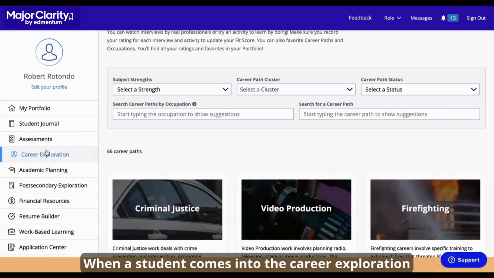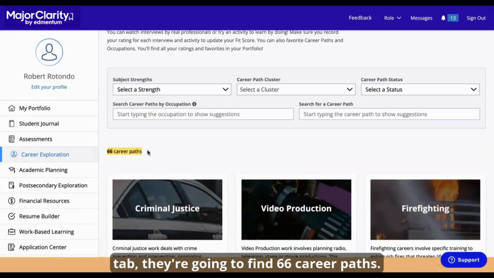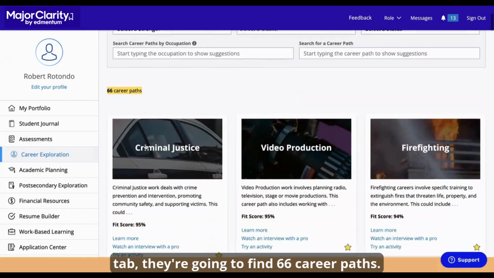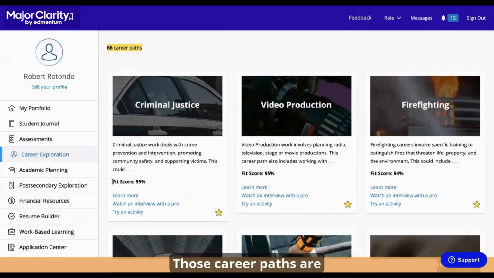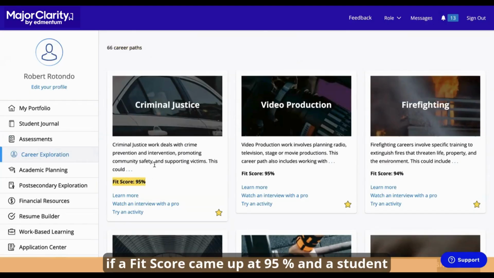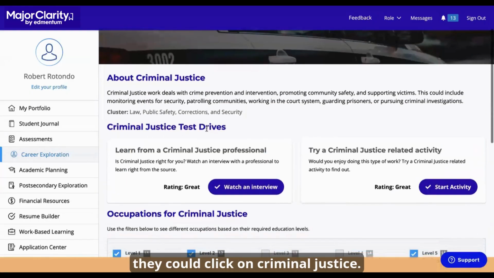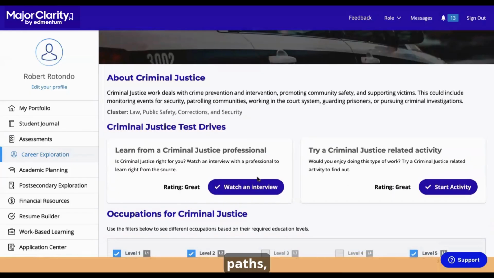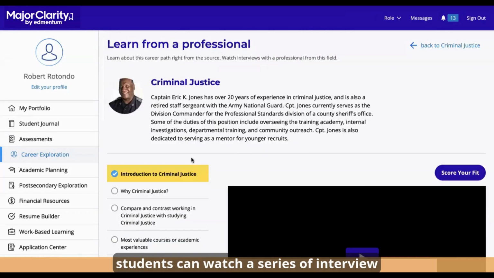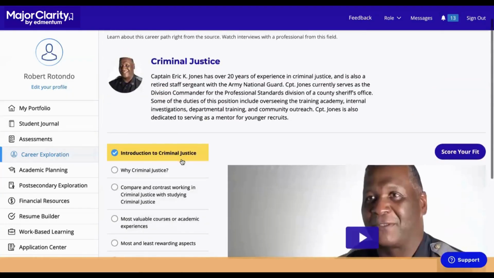When a student comes into the career exploration tab, they're going to find 66 career paths. Those career paths are categorized by fit score. In this case, if a fit score came up at 95% and a student wanted to learn more about criminal justice, they could click on criminal justice. Within each of the 66 career paths, students can watch a series of interview content,